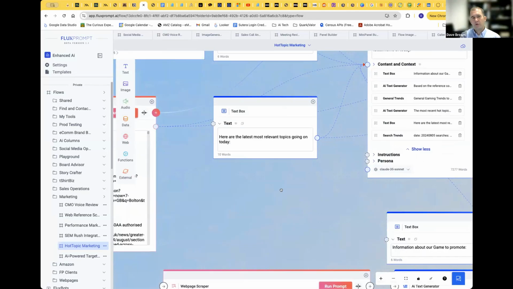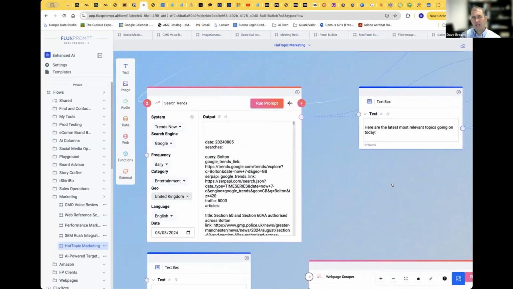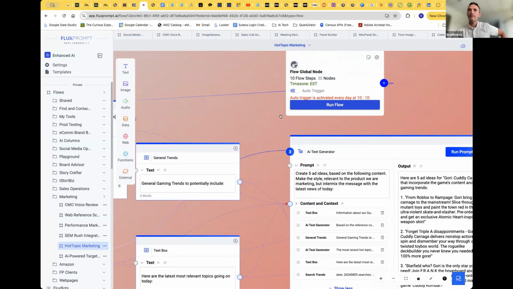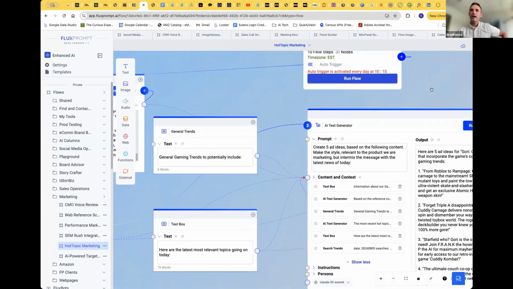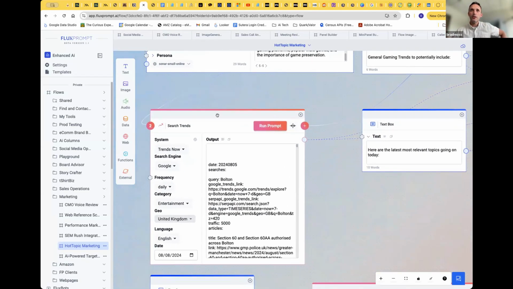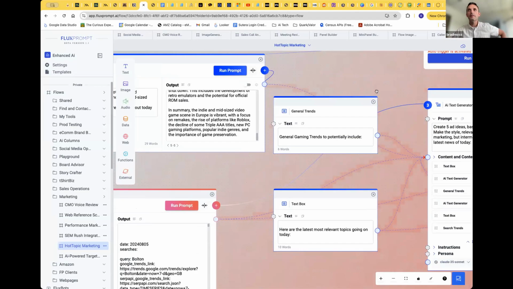Oh, can I point out too, you can also schedule events. You could have this set so it just does this once a day, which is not something I've done yet, but it's a great feature. Yeah. So what this does is every day it's auto triggered at 10 a.m. Eastern time. And so the marketing person gets the result in his inbox every morning. But what this does is, it looks at the latest trends, it looks at the high level trends,